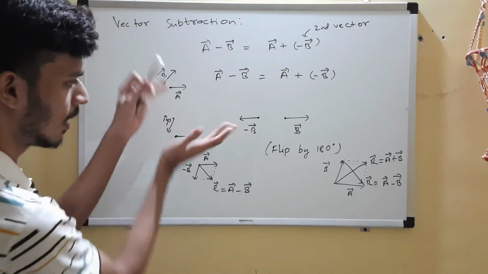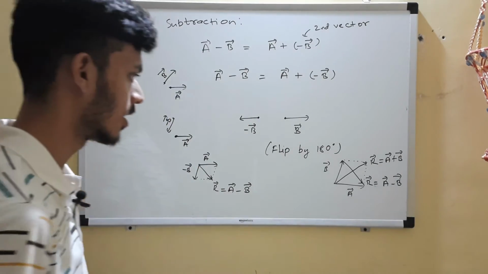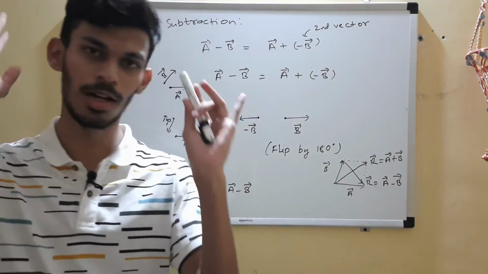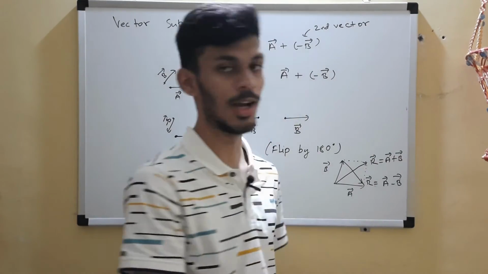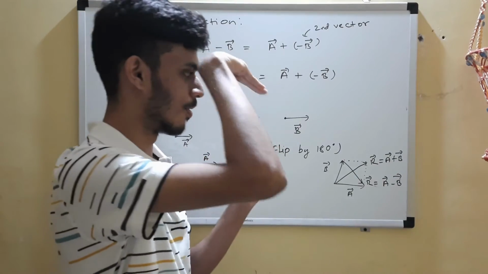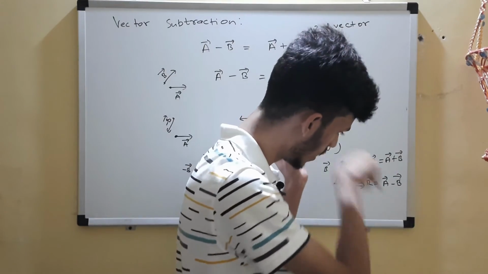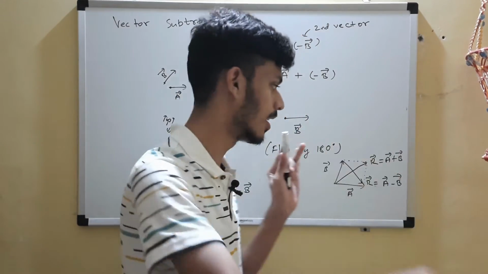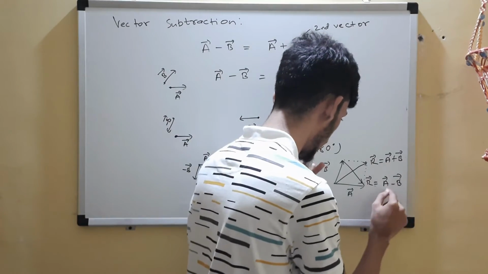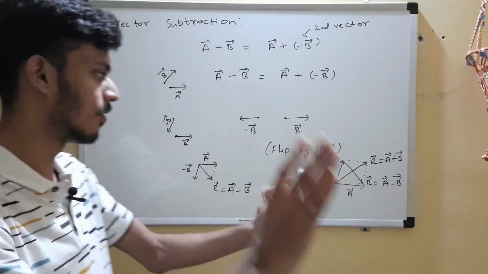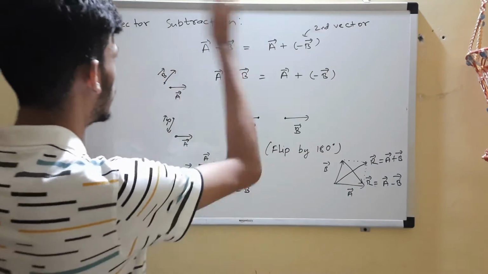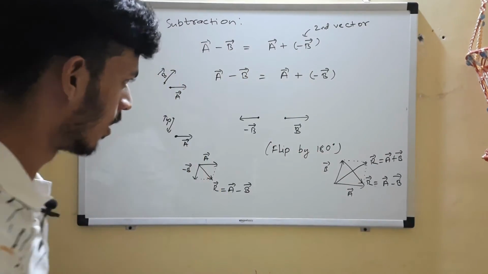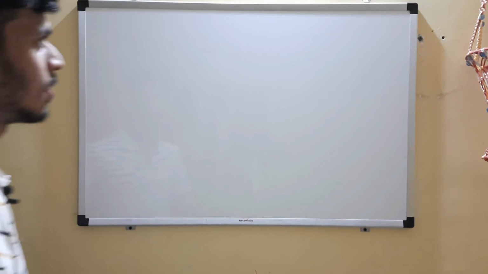If you see A and B, they are in the same direction. So if you want to remember, no compulsion, one diagonal from the common point is A plus B, and from B in this direction, the other diagonal is A minus B, vector A minus vector B. No compulsion, if you want to remember, you can. So the subtraction logic is over here. You can note that down. So that was about subtraction.